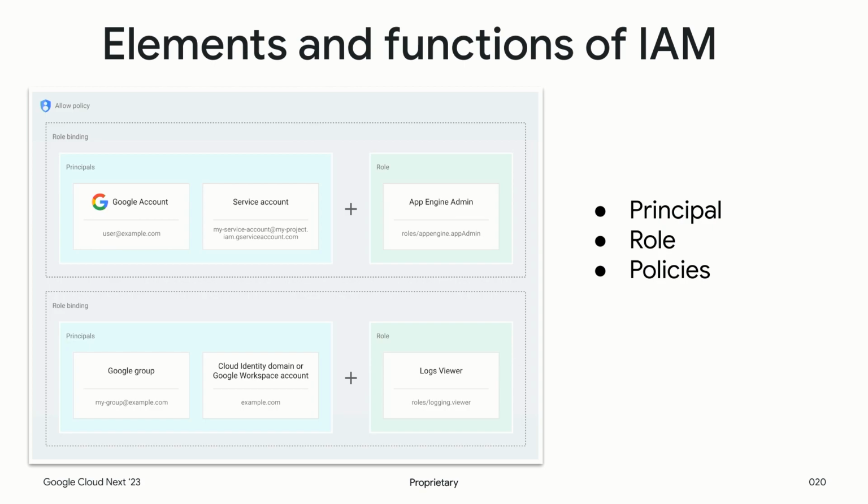Okay. And now, elements and functions of IAM. So once you build your IAM, our IAM relies on these three elements. So we have a principal. A principal is going to be an entity that can access a given set of resources. Now, a principal can be an end user. It could be a service account, or it can even be a group. That is your principal. A principal can do nothing until the principal has access or has permissions.